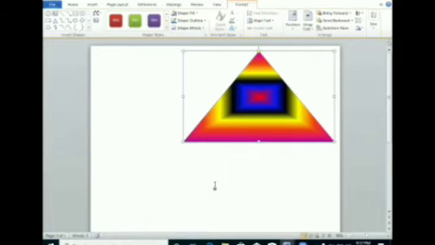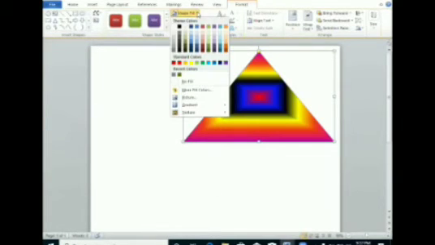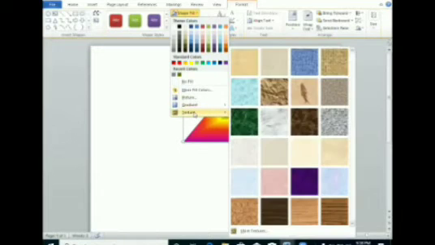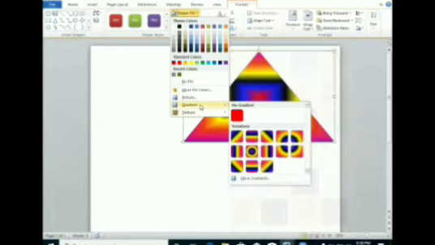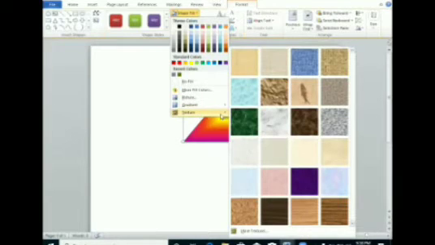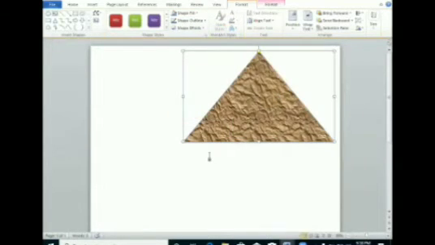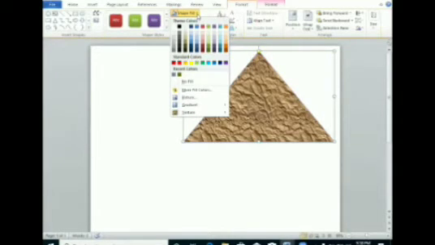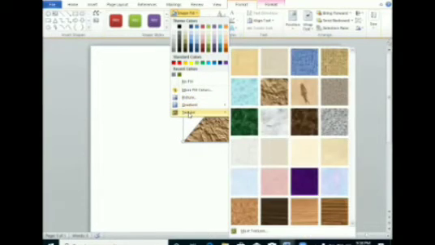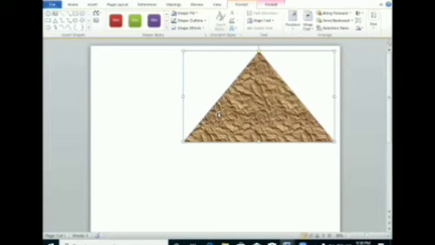See, clear? And if I want to enter some texture, meaning pattern. Gradients mean the combination of the colors. Texture means pattern. You can see here different patterns are here. According to our requirement, we can use it. Clear? So this is basically used to fill inside the shape. What we want to fill, any color, any picture, any gradient, any texture, whatever you want to fill inside the shape. Outlining means outside of the shape.